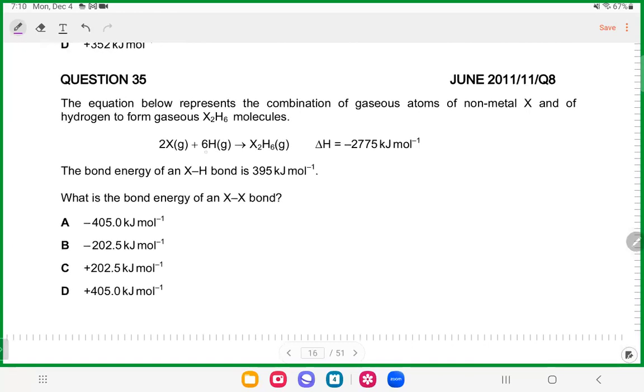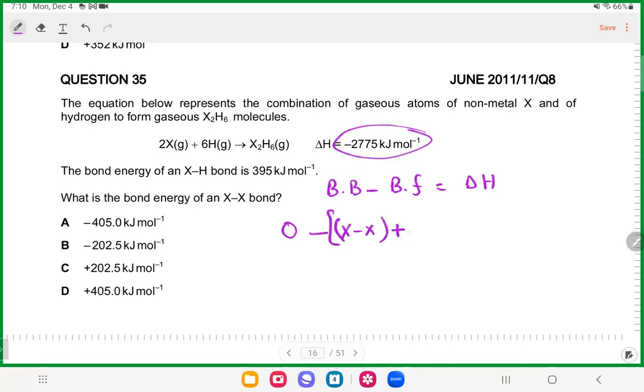देखें, in this question you can clearly see 2 atoms of X, 6 atoms of hydrogen के साथ मिलके X2H6 बना रहे हैं. Enthalpy change इतना given है. Clear? We know that bond breaking minus bond formation is equal to delta H. Bond breaking तो यहाँ already हुई भी है, 0 लगाओगे. माइनस बॉन्ड फॉर्मेशन, और अगर आप बॉन्ड फॉर्मेशन देखेंगे तो यहाँ पर एक बॉन्ड बनेगा XX का. ठीक है. और यहाँ पर 6 बॉन्ड बन रहे हैं X और हाइड्रोजन के. ठीक है. Which is equal to delta H, which is